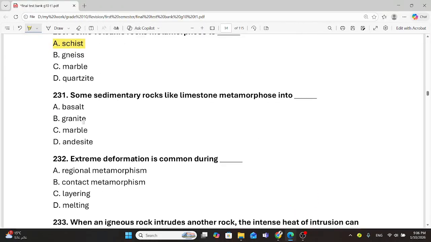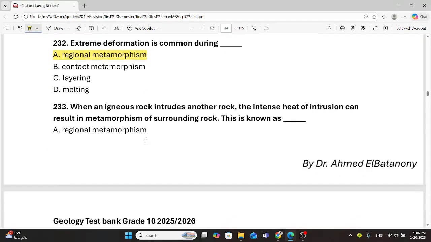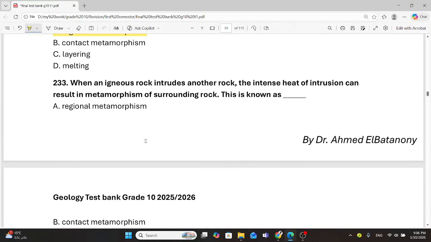Schist. طيب some sedimentary rock looks like limestone metamorphosed into basalt, granite, marble. Extreme deformation is common during regional ولا contact metamorphism ولا layering ولا melting. طبعا regional metamorphism. When an igneous rock intrudes another rock, the intense heat of intrusion can result in metamorphism of